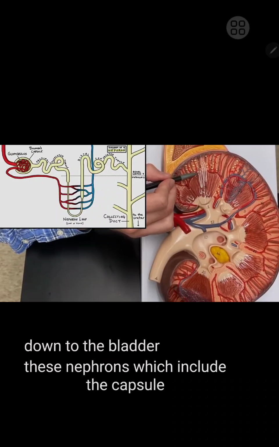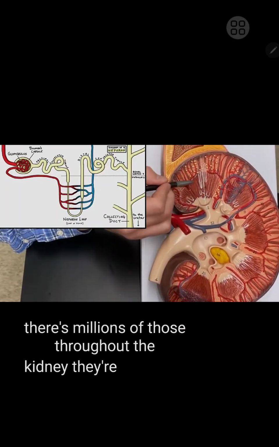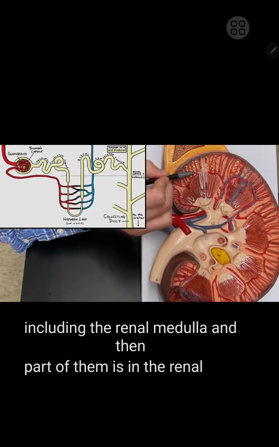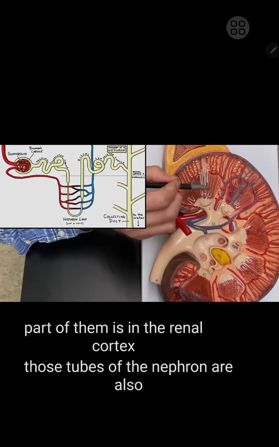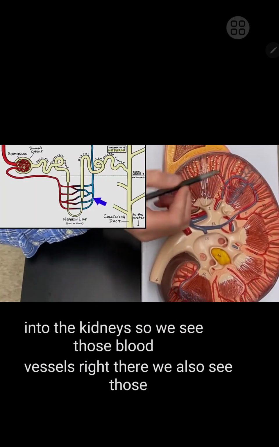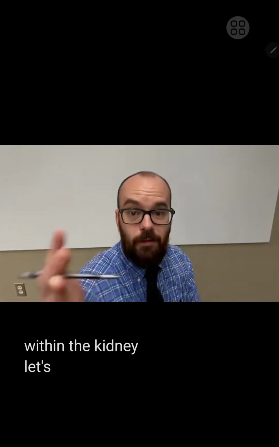These nephrons, which include the capsule, the tube that loops down, and the collecting duct, there's millions of those throughout the kidney. They're located in the renal pyramids, including the renal medulla, and then part of them is in the renal cortex. Those tubes of the nephron are also surrounded with blood vessels that come into the kidney. So we see those blood vessels right there. We also see those in the diagram that I've drawn. So now that we know where those nephrons are located within the kidney, let's jump to the whiteboard and get